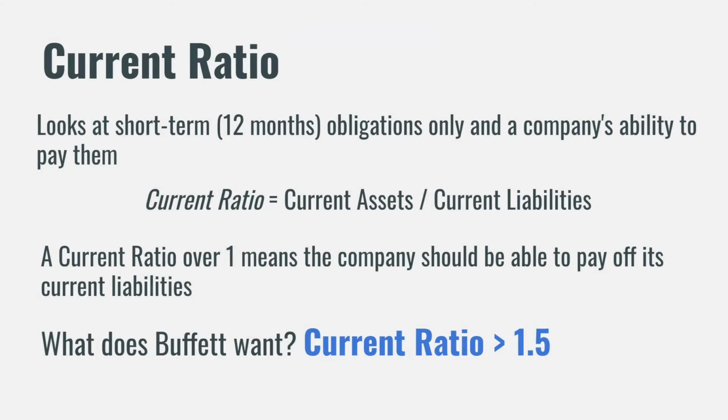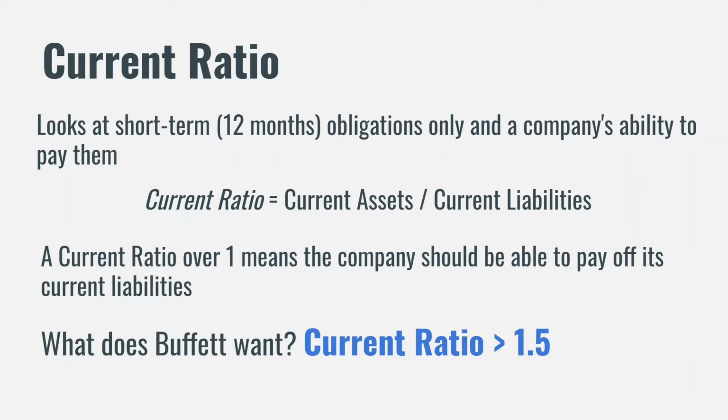After looking at the debt to equity ratio, that includes all durations of liabilities, we will look at the current ratio, which measures a company's ability to pay back short-term obligations, short-term being within 1 year. The current ratio uses all current assets to current liabilities. The current assets are assets that can be used within a year. That can be cash, accounts receivable, or other liquid assets. Current liabilities are financial obligations that are due within a year. These can be bank loans, dividends payable, income taxes, and more.